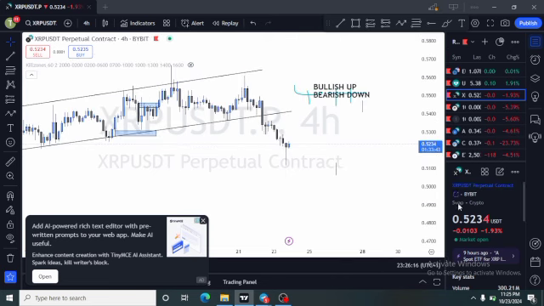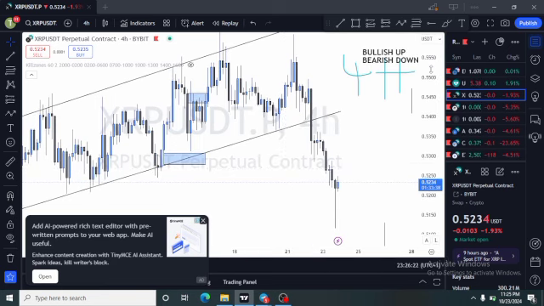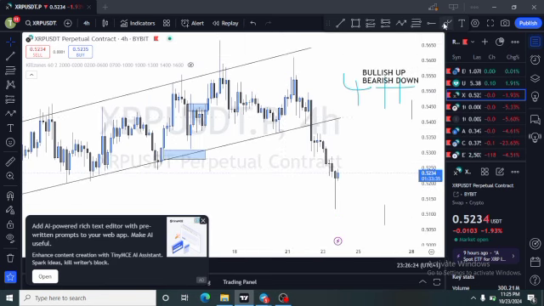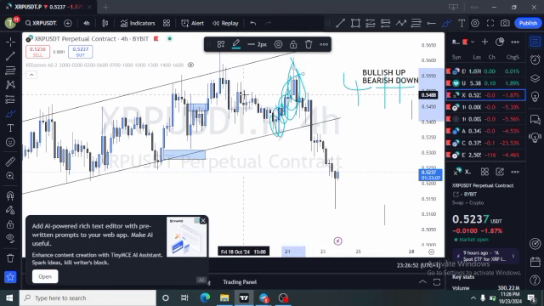So each candle here is a 4-hour candle, as you know it. What the market is trying to say is that in this period of time, the market went up, it went up, it went down. This is 4 hours, this is 4 hours, this is 4 hours. In the next 4 hours it went up, in the next 4 hours it went down, up, then down. So that's all there is to know there.